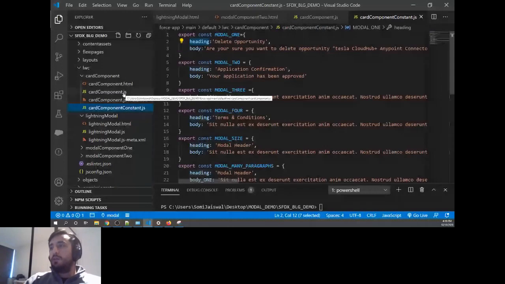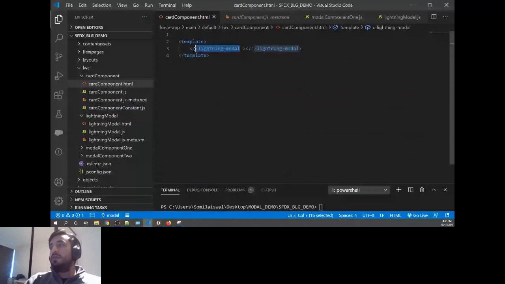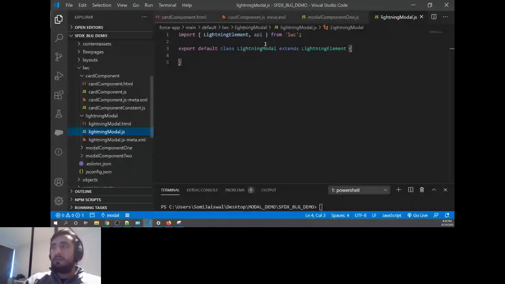Now my approach should be that I'm able to pass down the heading and the body. If I have to pass something, I need to add some attribute, and my child component is only able to listen to the data if it has the power to listen to it, and that power is given by @api. So you have to import api from the LWC package.